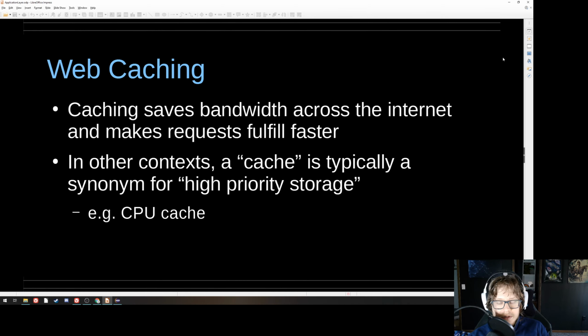Alright, let's go on to web caching. Caching is used to save bandwidth across the internet, make requests fulfill faster. You've probably heard caching in other contexts as a high priority storage for something else, so for example your CPU cache or your RAM, etc. The caching is the more limited but quicker to respond storage, and then you've got your low priority, long to